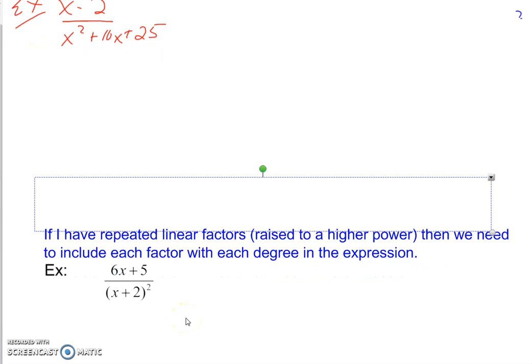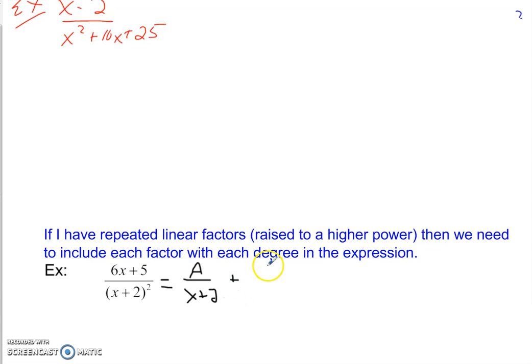All right, we're going to take a look at another example here. This is day 2 of section 6.4, partial fraction decomposition. And this one is going to look a little different than what we did yesterday. So as you take a peek, this factor is still 6x plus 5 over, this time, x plus 2 quantity squared. Now you'll notice this is a linear factor, but it's squared, and so it's what we call a repeated linear factor. If I do this problem, I'm going to write A over x plus 2